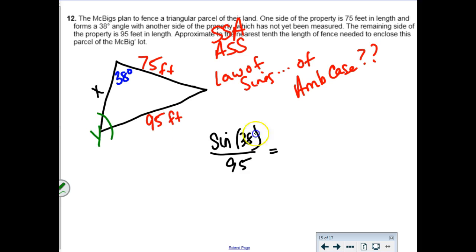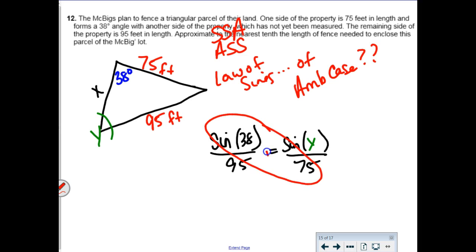Okay. All right, so sine of this mysterious y that we don't know over his leg, which is 75. Now, when you're solving this law of sines proportion, this is the one where you have to multiply, divide, and at the end you have to do an inverse sine function to solve. So on your calculator, you're going to multiply this together, and you're going to divide by 95. But remember, you still have the sine of y